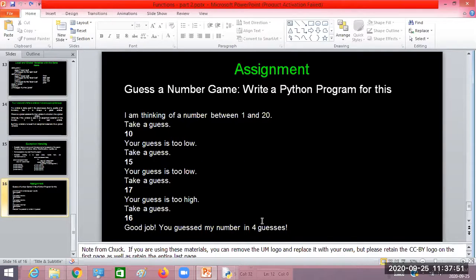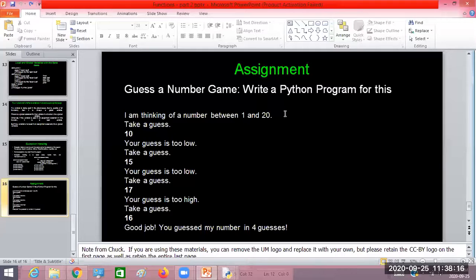And in how many guesses you guessed that number, that we have to print. You may take 1 guess, 2 guesses, or 3 guesses. Depending on the number of guesses, you may get the result, right? If a match occurs with the system's number, you have to print good job, you guessed my number in so and so number of guesses.